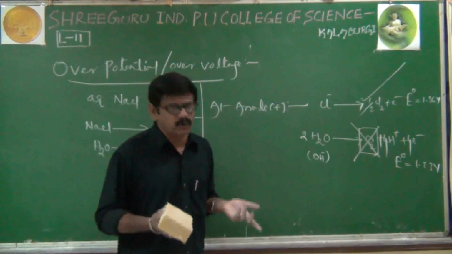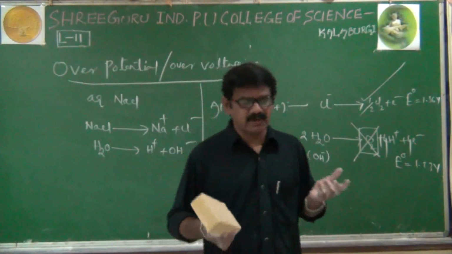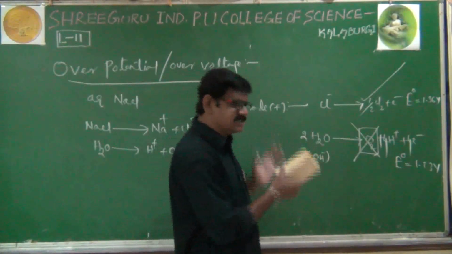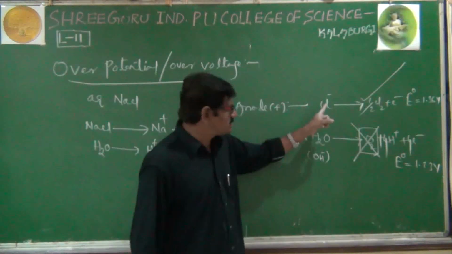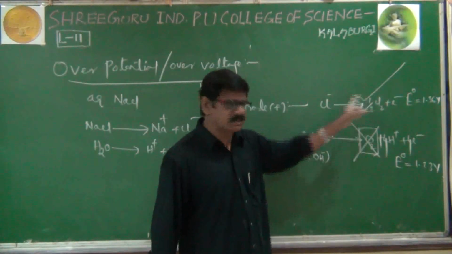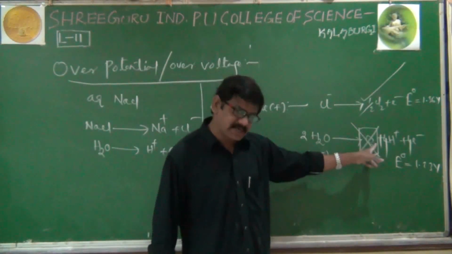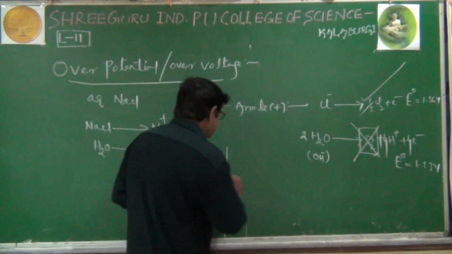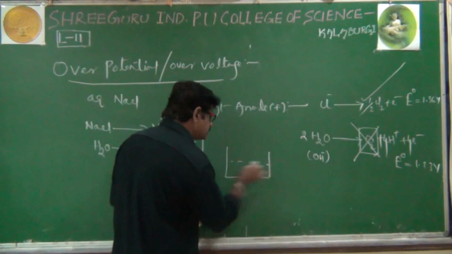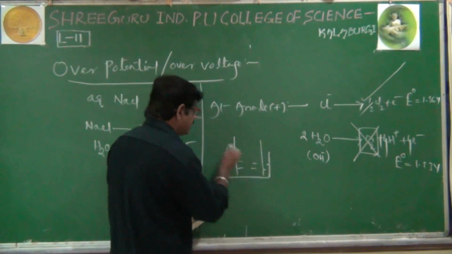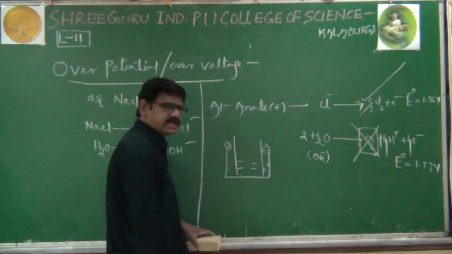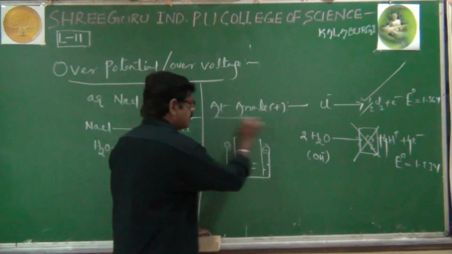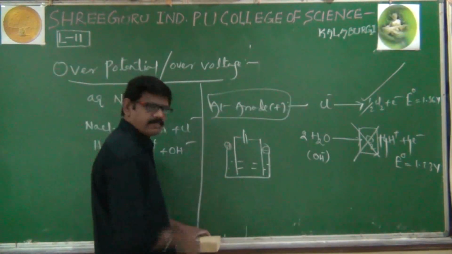Right? What is over potential? That is nothing but over voltage. We will see its reason. Why does only Cl- ion undergo oxidation? Why is OH- ion not undergoing oxidation? The reason is very simple. In the electrolysis process, of course, electrodes are there. One is a positive electrode, one is a negative electrode, anode and cathode, connected to a battery. Now we are discussing the anode, here.